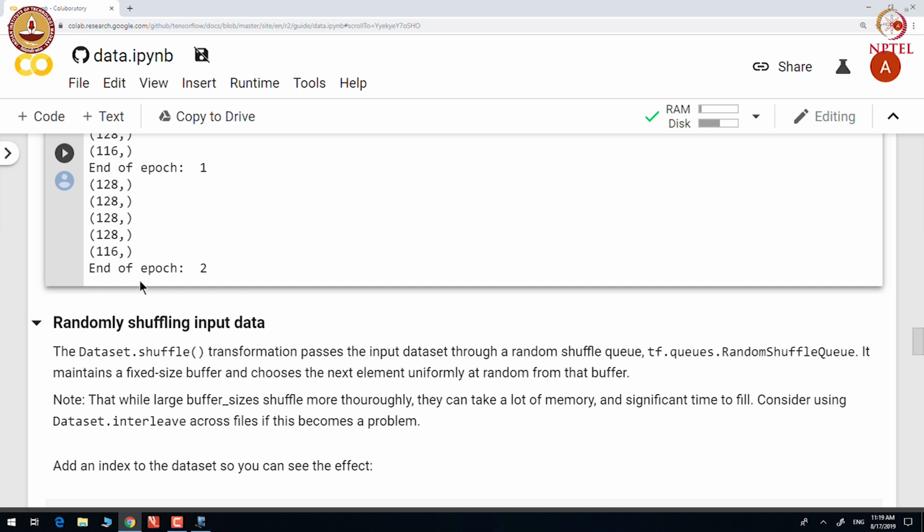Another important transformation is shuffle, and we have seen in some of the earlier classes that it is important to shuffle the training data to remove any systematic temporal biases that are present in the data set. So, dataset.shuffle transformation helps us to shuffle the data set.